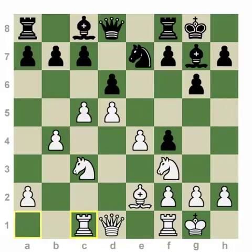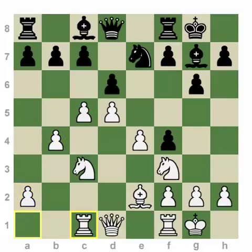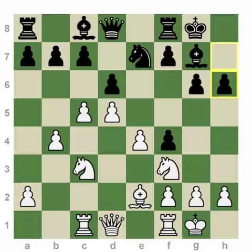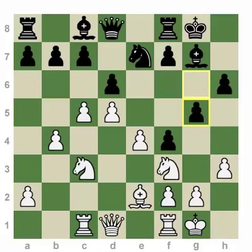The main idea is to take on d6, black takes back, and we bring the knight to c7, supported by at least the b pawn and maybe the a pawn to cement it on c7. The purpose of that maneuver is to anticipate black's natural break of f5, because that's only going to open up lines to black's own king. In most positions, black plays h6 in most games, and after h3, g5,